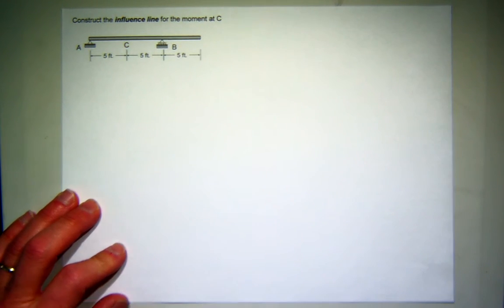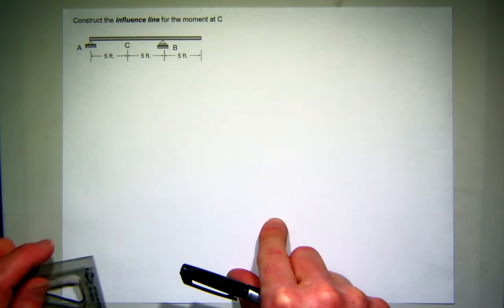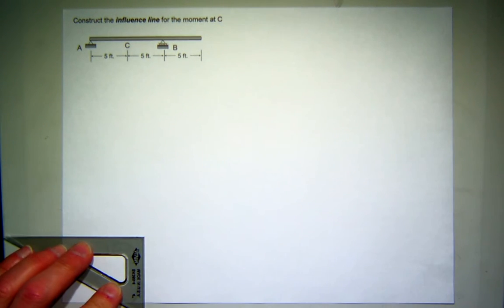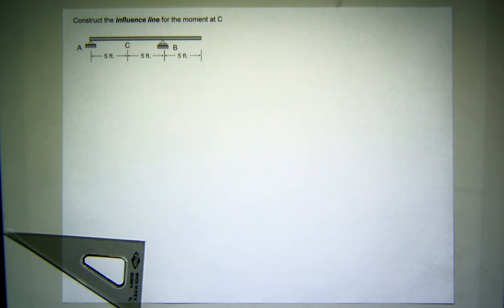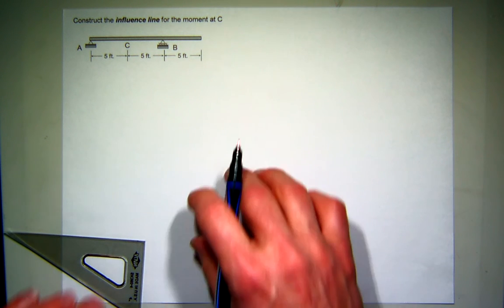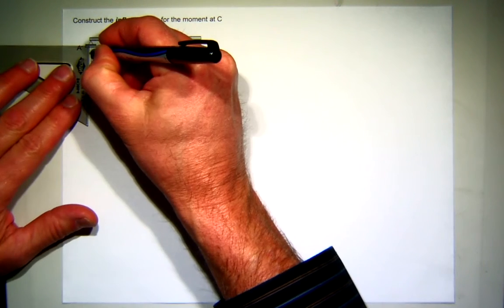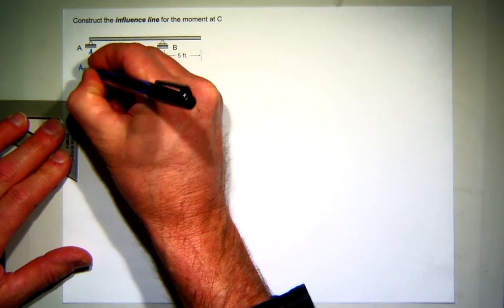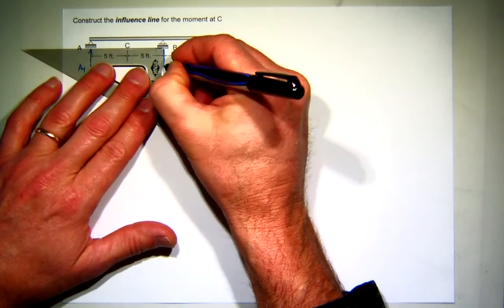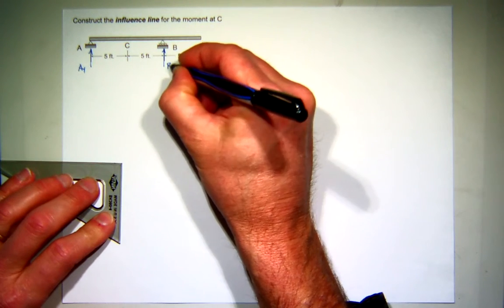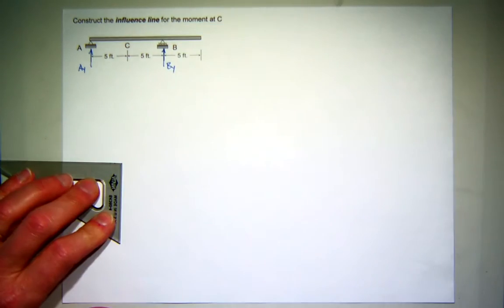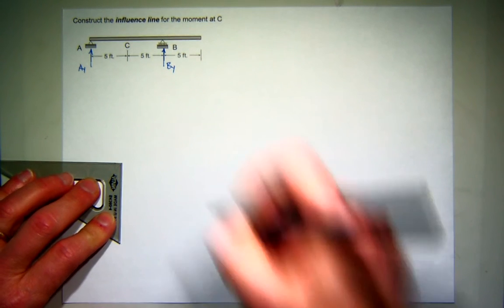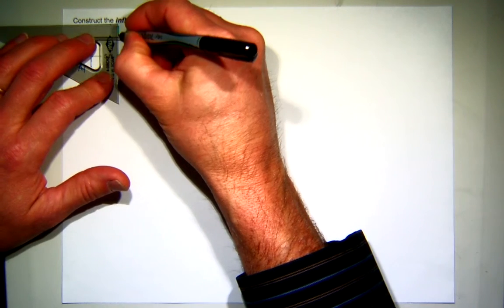I'm going to work the left side. I think that's going to be a little easier to do. So if I do work the left side, what do I have to find first? I've got to find my reaction at A. So again, I'll get double duty out of this diagram and go ahead and just define AY and BY. So let's find our reaction at A due to our unit load